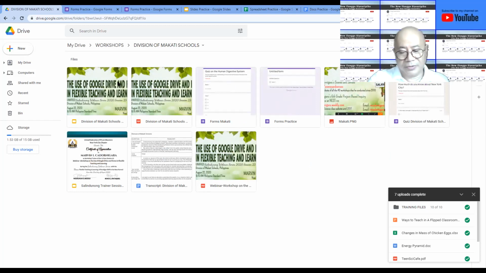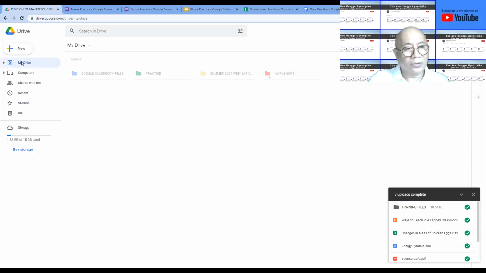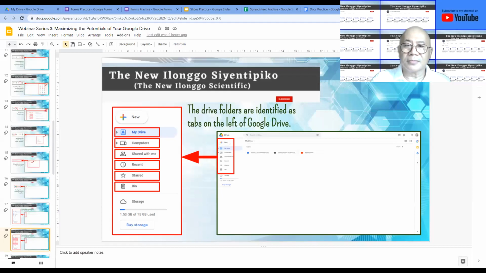So you can organize your folders by rearranging or moving your folders from one place to another, or rearranging your files from one folder to another place in your drive. And of course, as mentioned earlier, as you move your files, you can also rename your files, rename your folders, and color code your folders. On the right side, so right now, if we switch on our presentation,